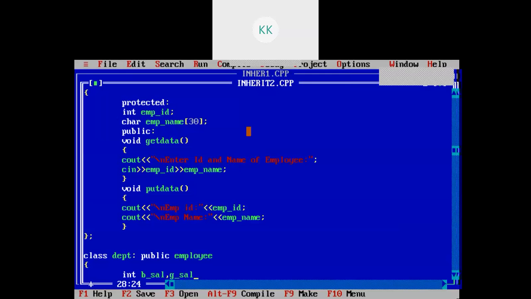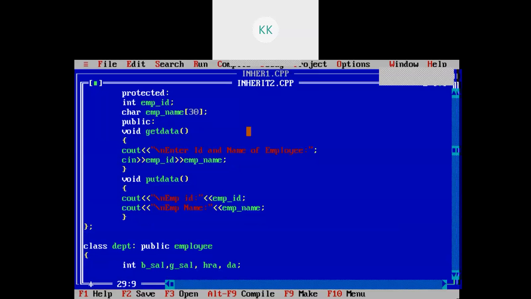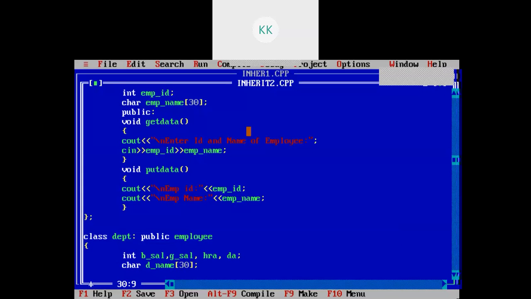Now HRA and DA are not given, so you can take them by yourself, HRA comma DA, something like that. Then department name is also needed, so I will say name of 30.